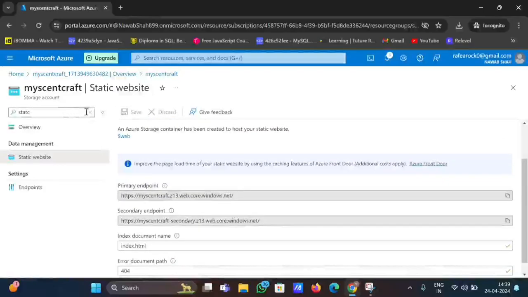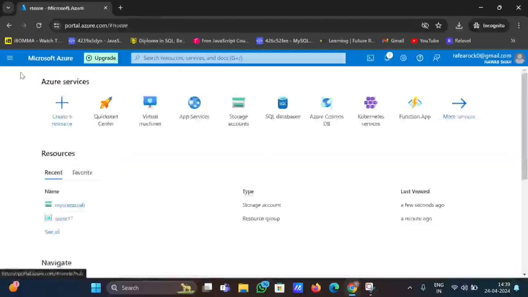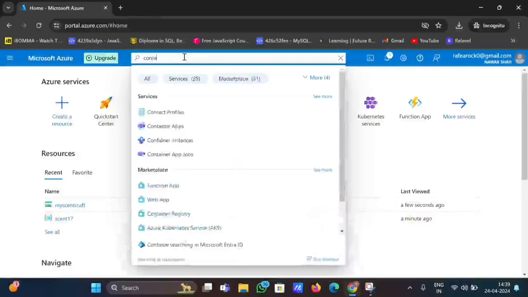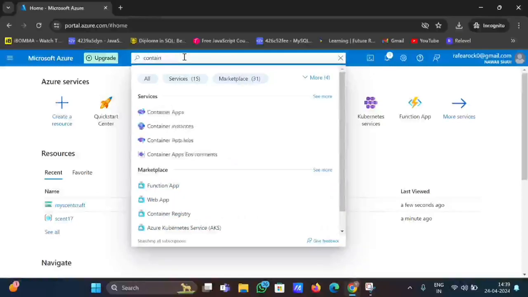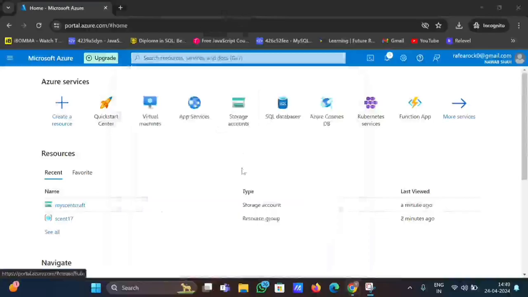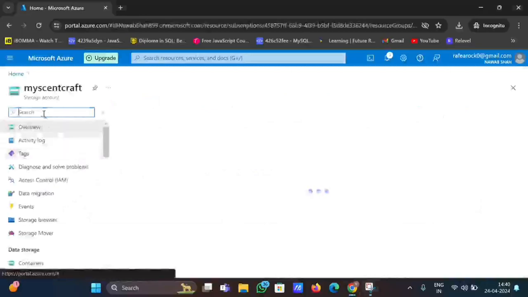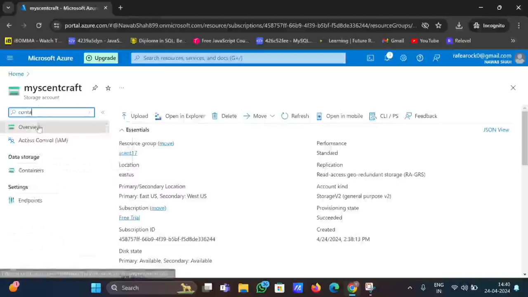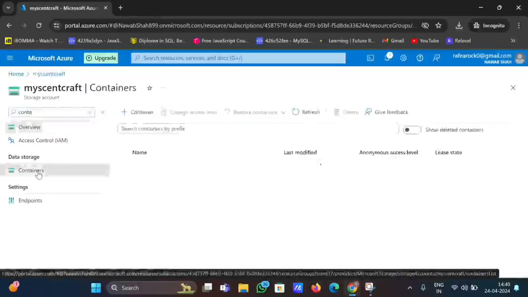Now go back to home and search for container in the search bar. You should not go like that. Now again, go to home and search for container in the search bar. It will be under data storage. Click on container,